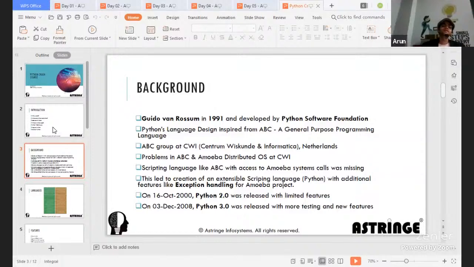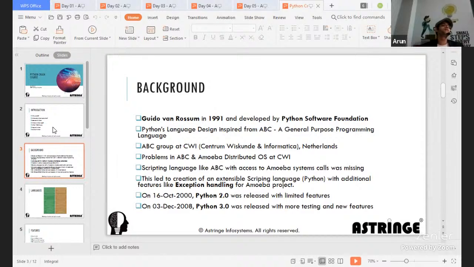Now, when Guido van Rossum noticed the problems of the ABC programming language when talking to the Amoeba distributed operating system, he learned that ABC has to be talked with the Amoeba operating system, and if some exceptions or errors occurred, ABC was not able to handle them properly.